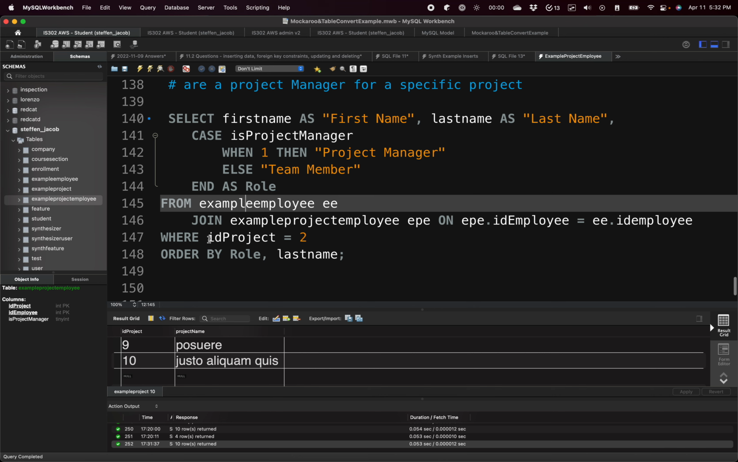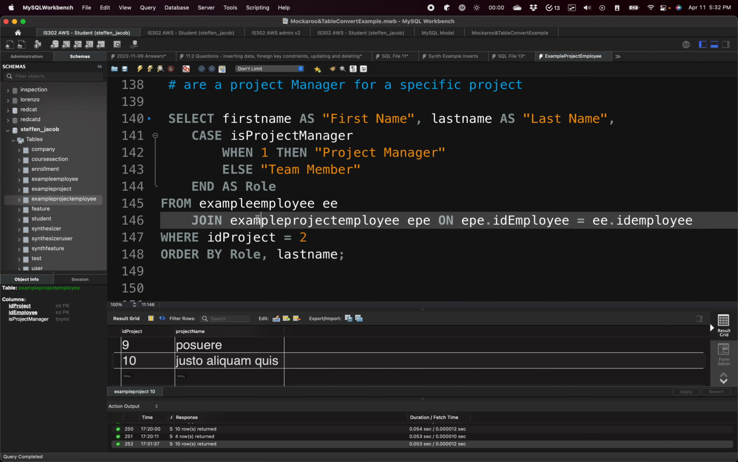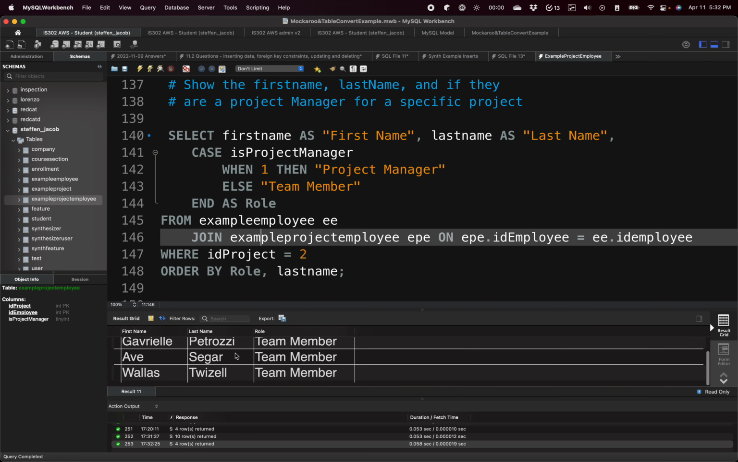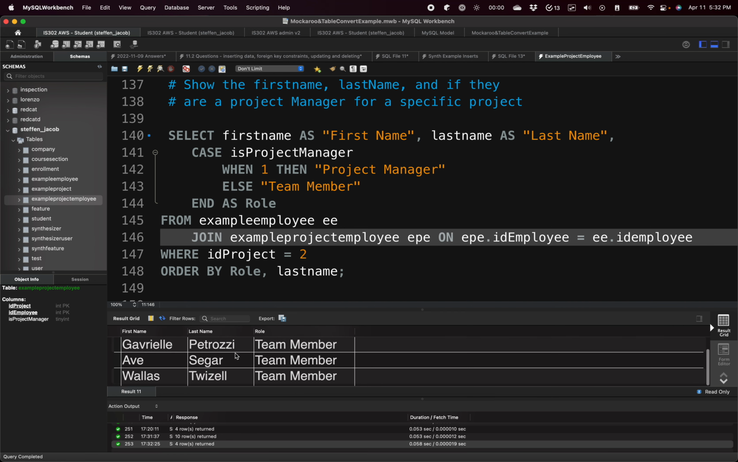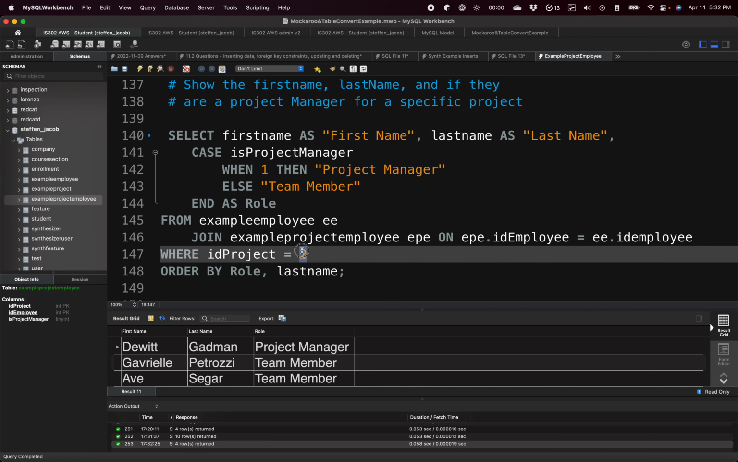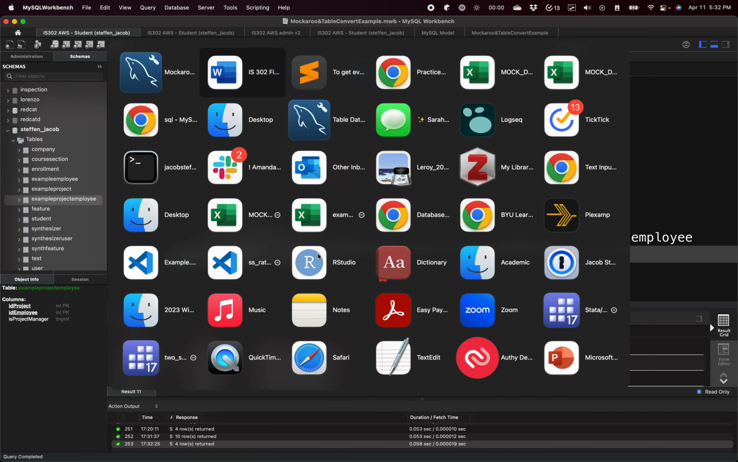And here I'm just doing where the project is 2, so it's showing all the employees that are a part of project 2, and if they are a project manager or just a regular team member. So in ToolJet, I'm going to want you to change this to whatever you want. To any of the other projects that could have team members or project managers on there. So with that as a background, let's jump into